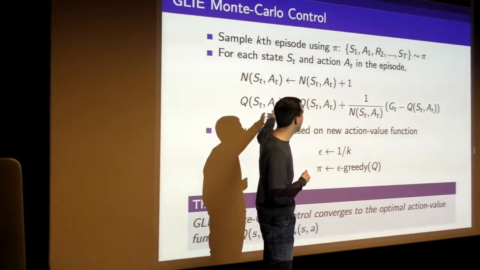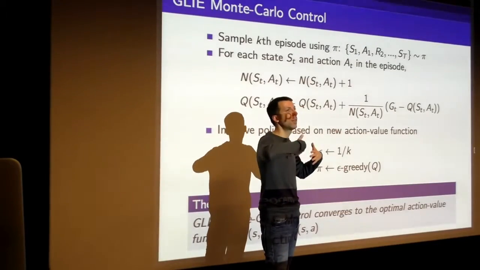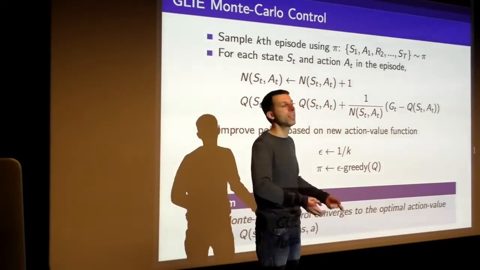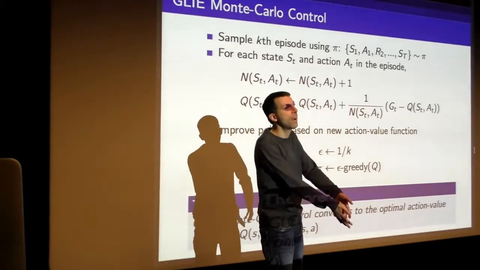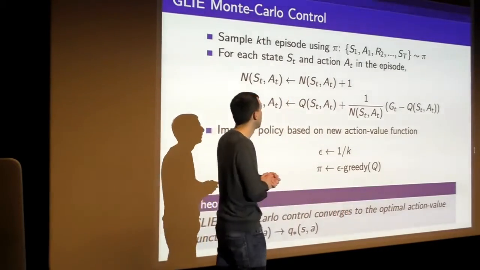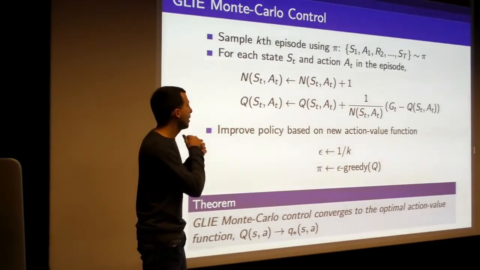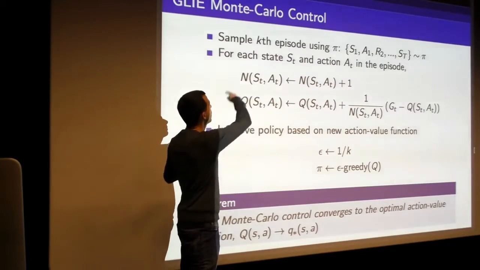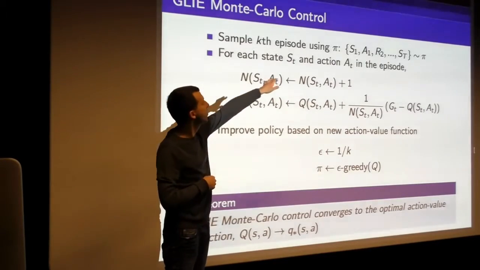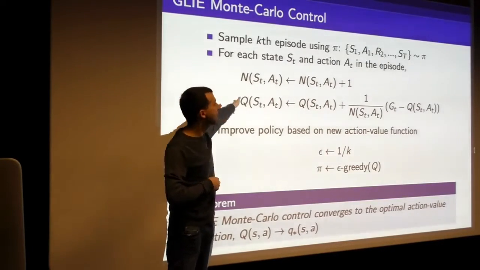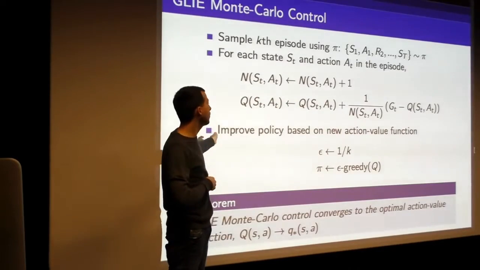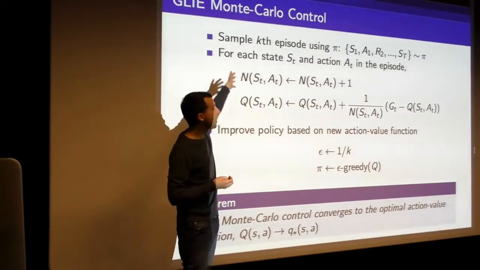And so we basically find out more and more information about the policy that we really care about, that the past kind of gets dominated eventually by these new policies. And so what we're going to do now is we're going to iterate over this whole process. So we're going to sample the kth episode in this way, update our Q values, and then improve our policy. So this was the policy evaluation step.